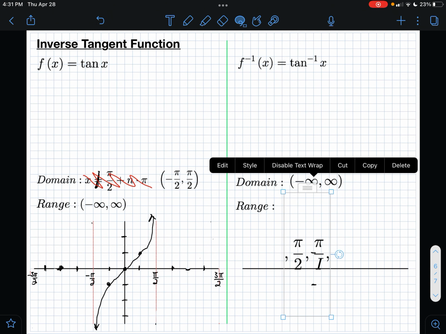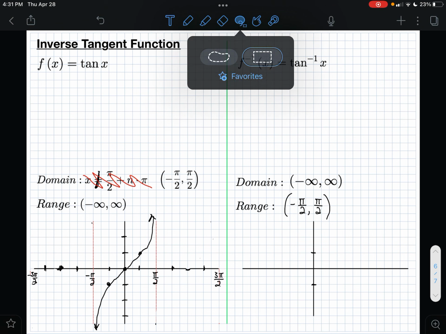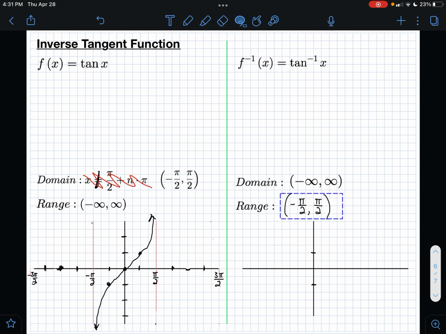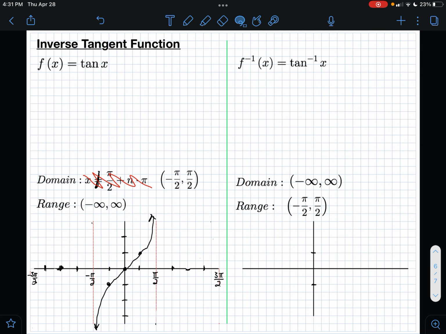Oh, that did not go well. Let's try that again. I think I must have highlighted part of the graph by accident. That's better. Okay. So, like before, we're going to take our axes